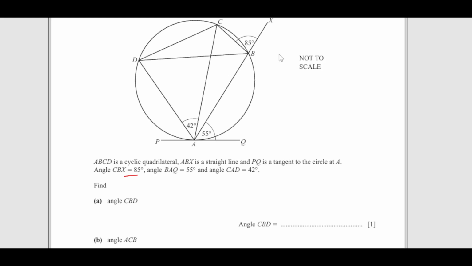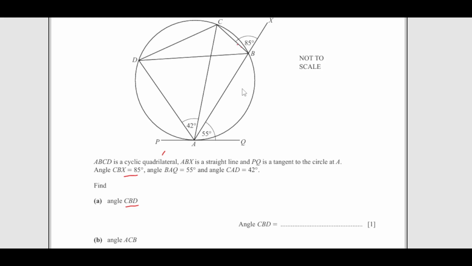So the question that we have here: ABC is a cyclic quadrilateral, ABX is a straight line, here is the ABX line, and PQ is a tangent to the circle at A. Angle CBX is 85, it's given to us over here, and then we have BAQ is 55. All angles are mentioned over here and you can see on the diagram. Now we are going to find out angle